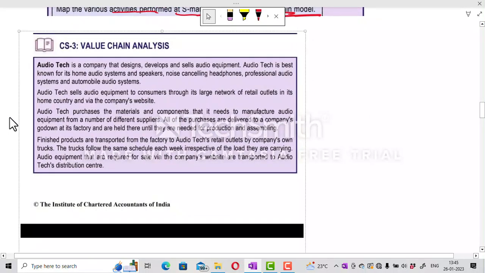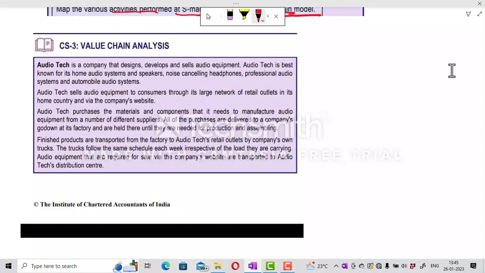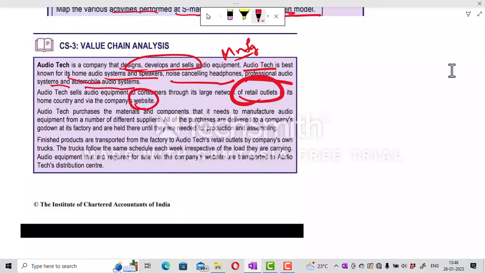Okay. Audio Tech is a company that designs, develops and sells audio equipment. Audio Tech is best known for its home audio systems and speakers, noise cancelling headphones, professional audio systems and automobile audio systems. Okay, they are designing, developing and selling, means they are manufacturing, unlike the above example. Audio Tech sells audio equipment to consumers through its large network of retail outlets in its home country and company's website. Okay, they have two sources to distribute their